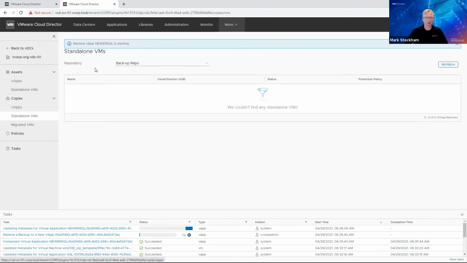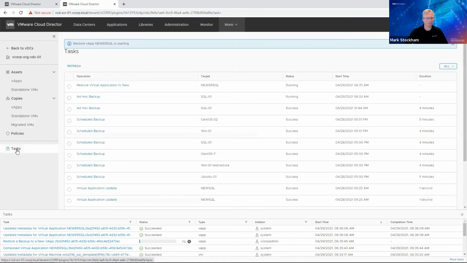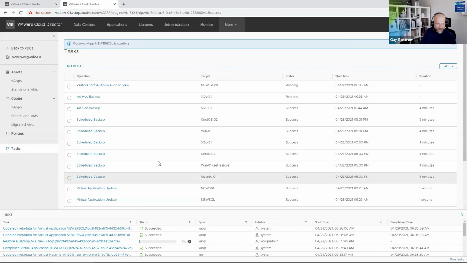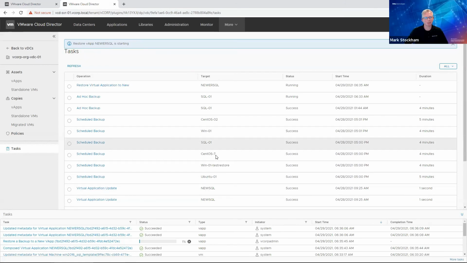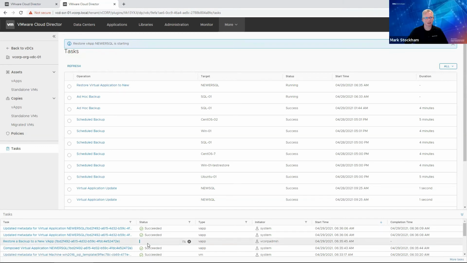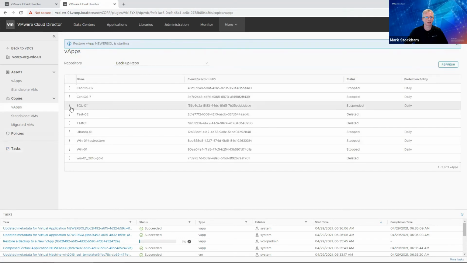So then we've got the standalone VM side of things. Then you've got those migrated VMs that we talked about earlier on, and I'm sort of hoping that backup finished. Yeah, the backup finished. Oh, it's still running, not quite finished yet. So I've now confused things by running a backup and a restore at the same time. But the backup's almost finished. The restore's in a good state as well. And like I said earlier on, we can go in and look at those copies, and we do have that ability to go in and do